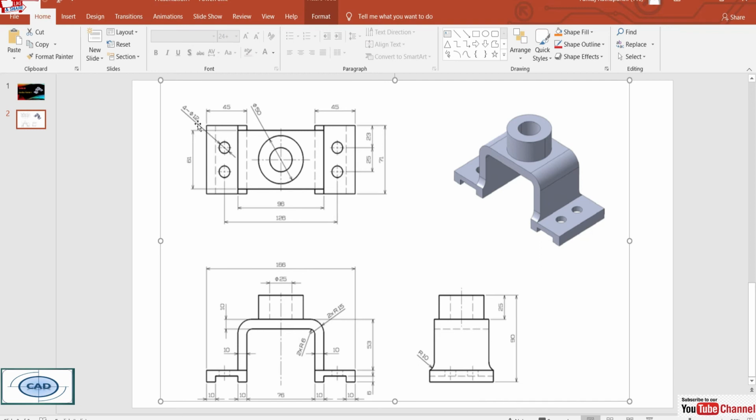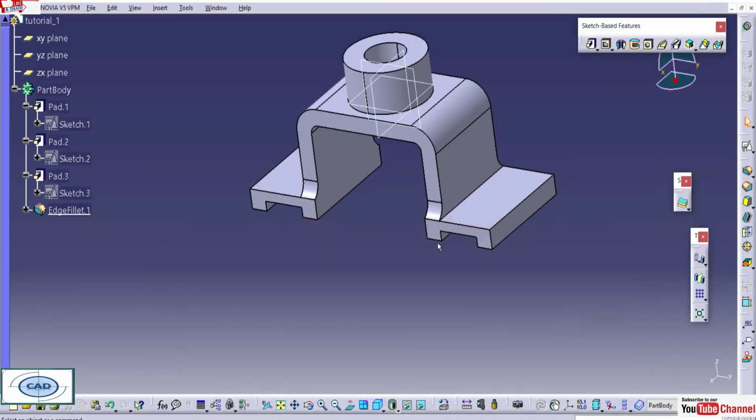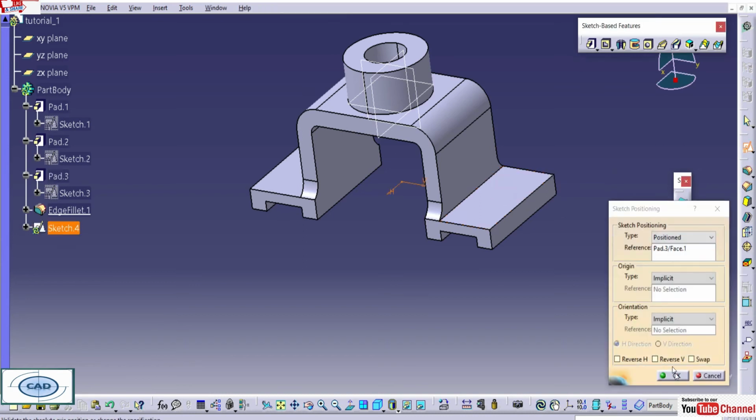12 mm and 25 mm center distance between those two. So let's select the plane. We'll select directly this one.